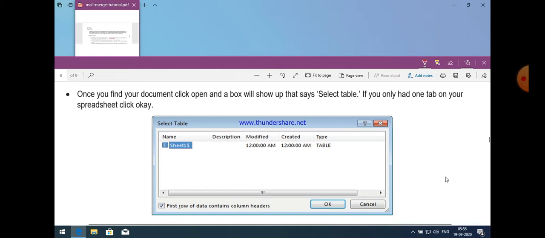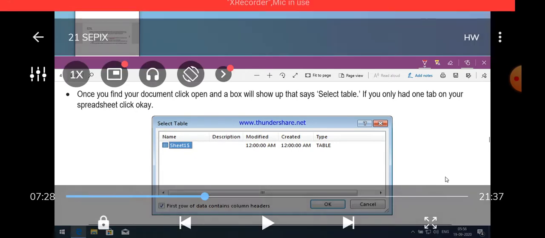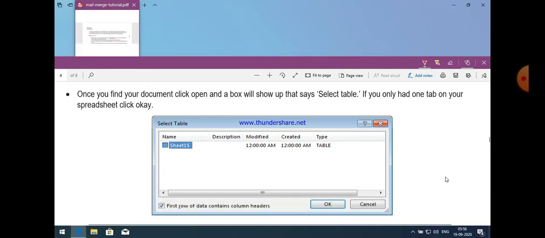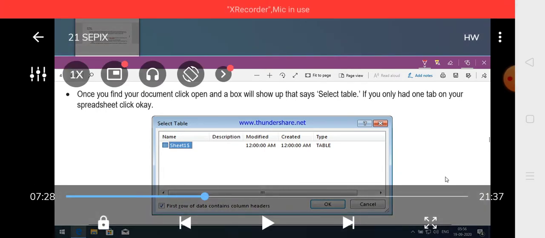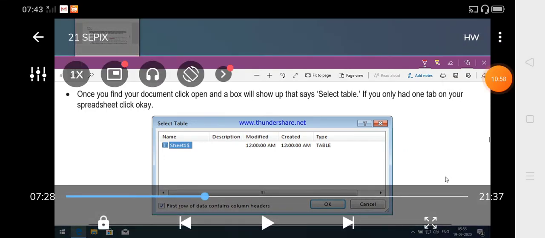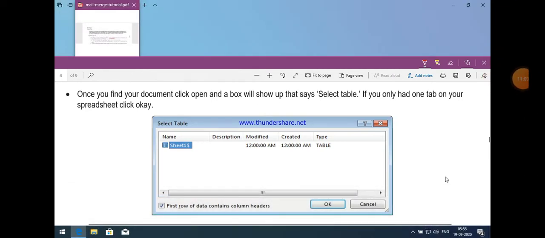A box will show up that says select table. And if you only had one tab on your spreadsheet, click OK. By default, as you know, there are three different spreadsheets, and if you have only a single spreadsheet, then just select OK.